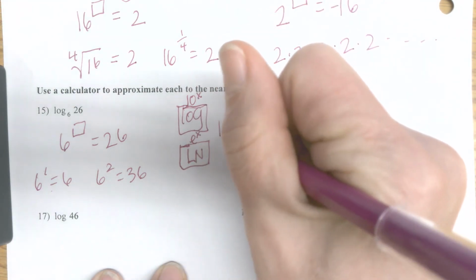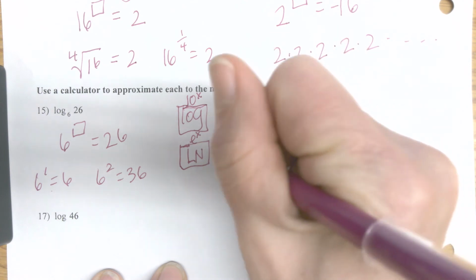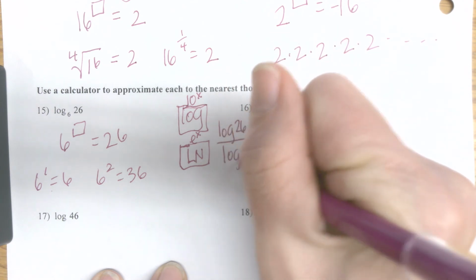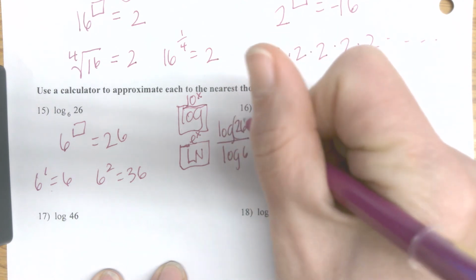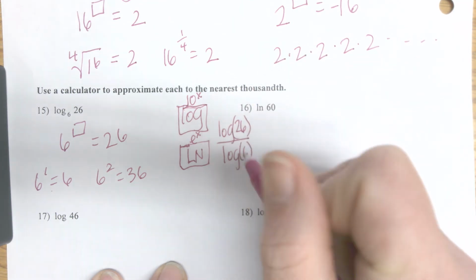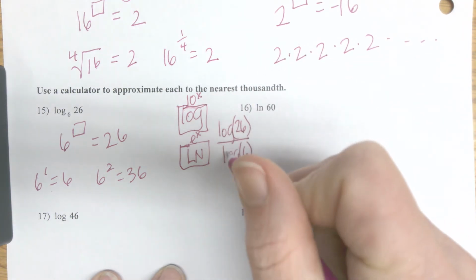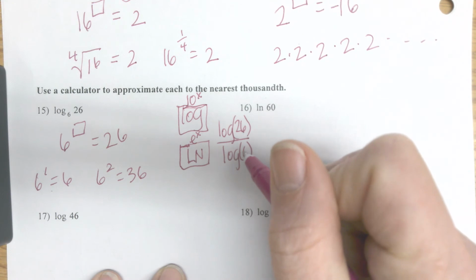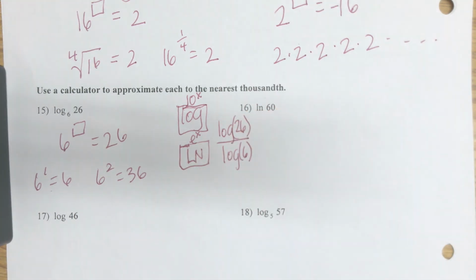I do log of 26 divided by log of 6. I have to make sure that I close my parentheses on those before I hit equals. Log of 26 divided by log of 6. Or I could do the natural log as well. But when I plug that in,